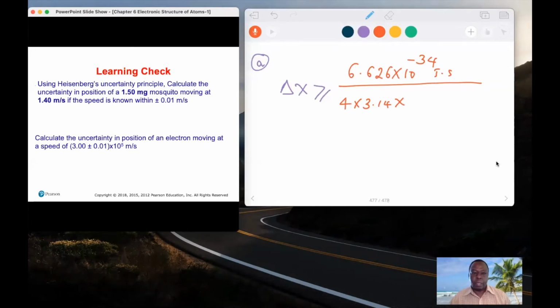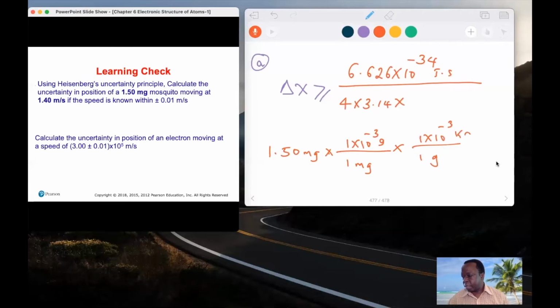Mass is given in milligrams, and what this means, 1.5 milligrams, you need to change that. 1 milligram equals 1 times 10 raised to negative 3 grams, and 1 gram equals 1 times 10 raised to negative 3 kg. What I'm doing here is changing the mass to kg. So 1.50 times 10 raised to negative 6 kg